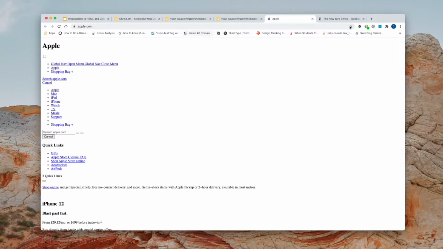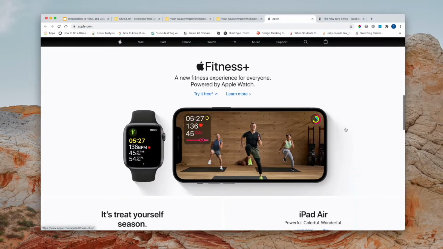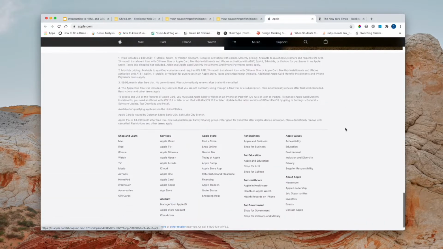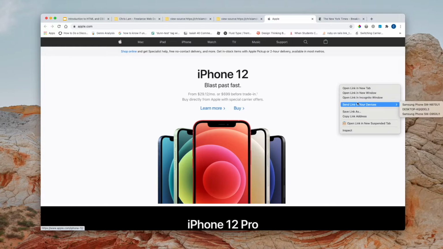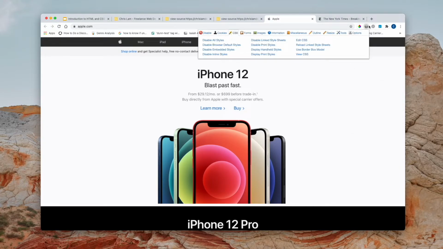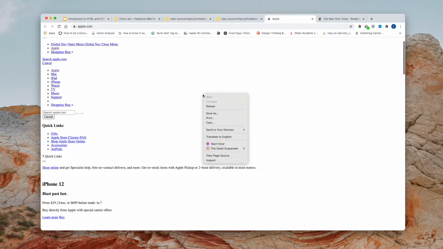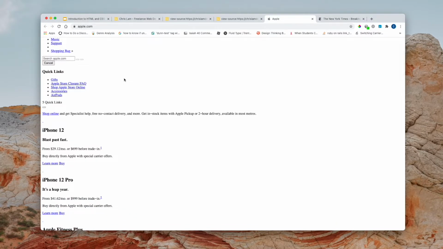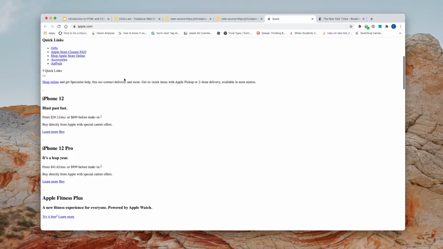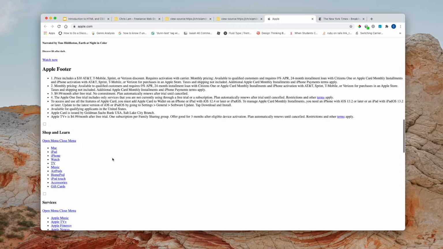We can do the same thing for the Apple website, right? So here's the Apple website, a pretty minimalistic, modern grid design. And we can go to Web Developer and disable all styles again. And it looks eerily similar to my site with no styles. Again, we have a list of links here. That's typically how we create navigation bars in websites. We've got headings, we've got paragraph tags, we've got link tags. So very similar to